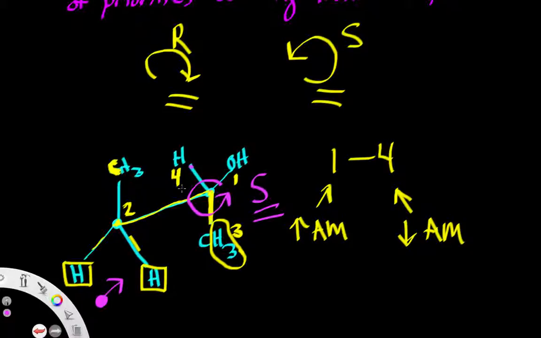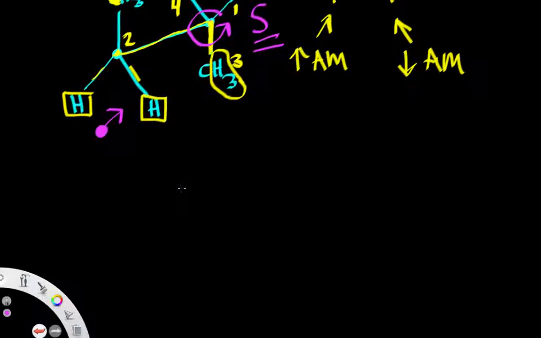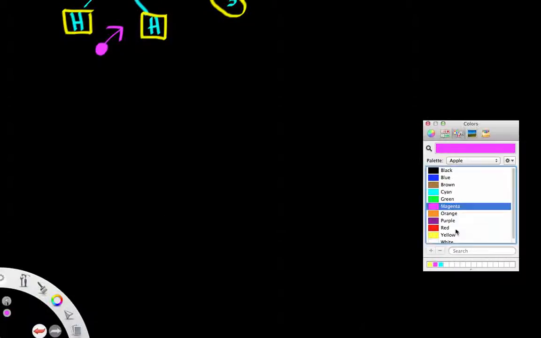So now let's go on to a different example where we still show a sawhorse projection, but this time we can use wedges and dashes. So let's see here. If we have a molecule that, say for example, we'll show hydrogen with a wedge, and that just means it's pointing toward us. And then we have a dash with an alcohol pointing away from us. And then we have, we'll say,